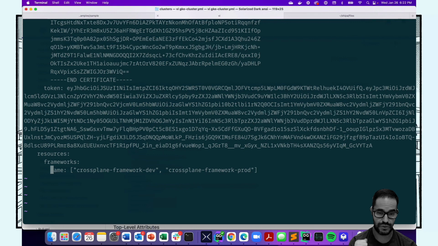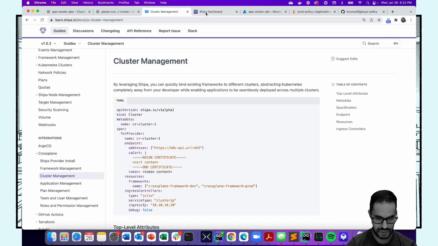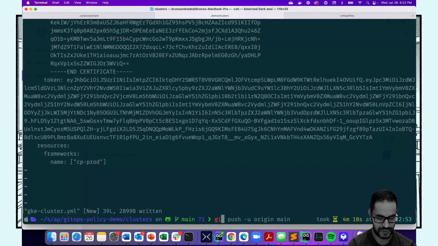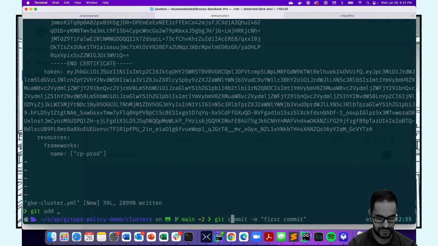And the name of the framework that I want, or the policy that I want to connect to this cluster, is, let's see, cp prod. Again, you can automate this as an environment variable. Do a bunch of stuff, right? Cool stuff. So if we do git add, git commit, add cluster, and then git push,